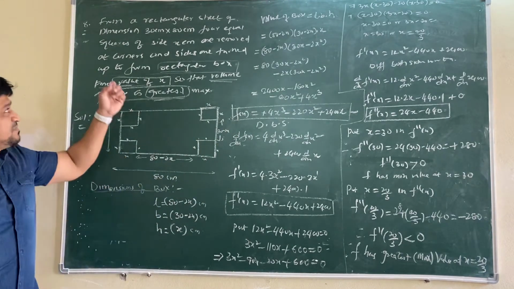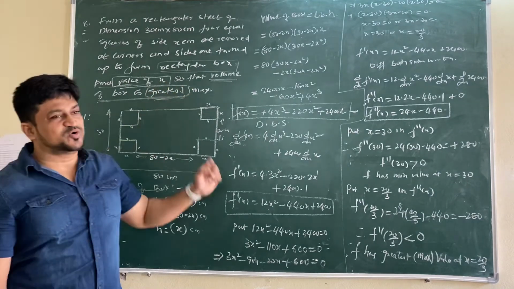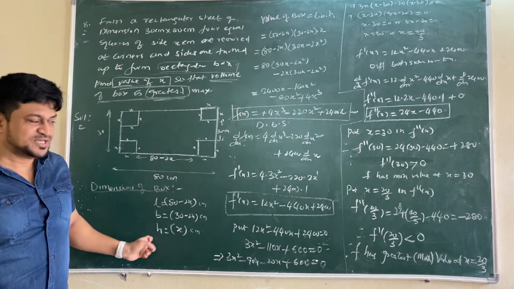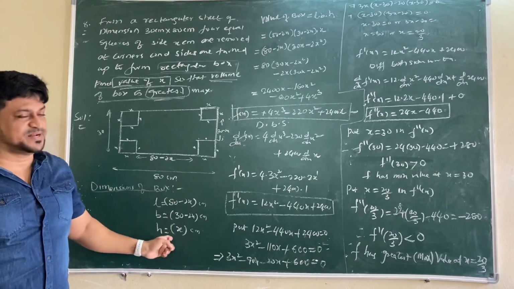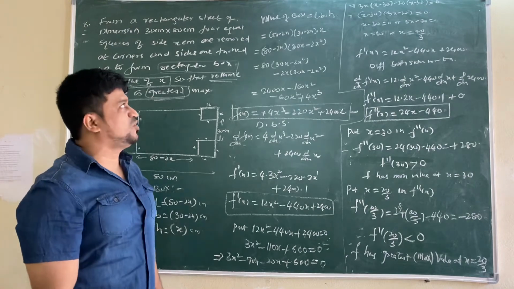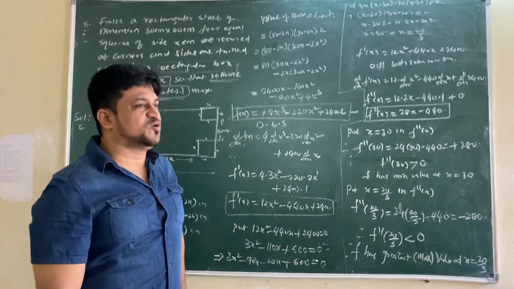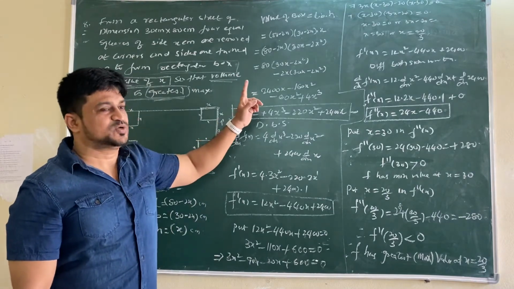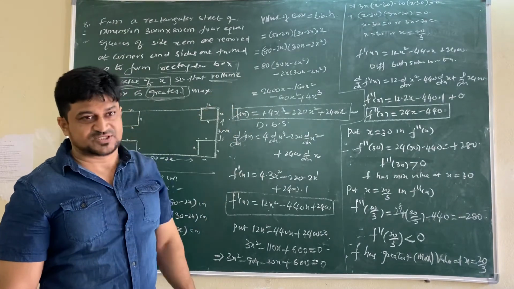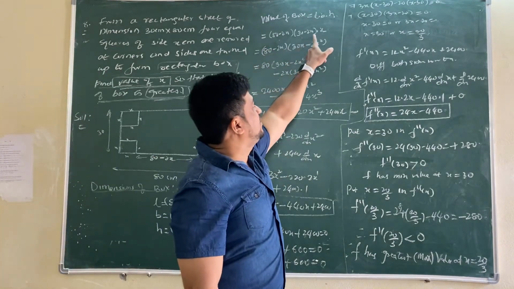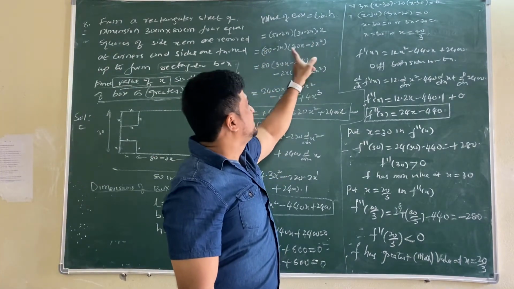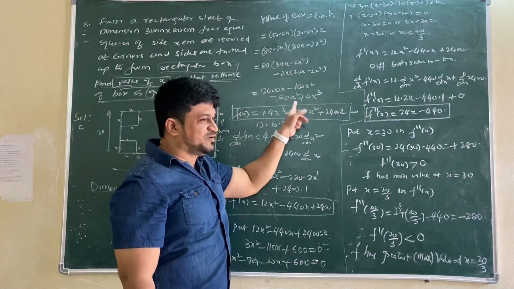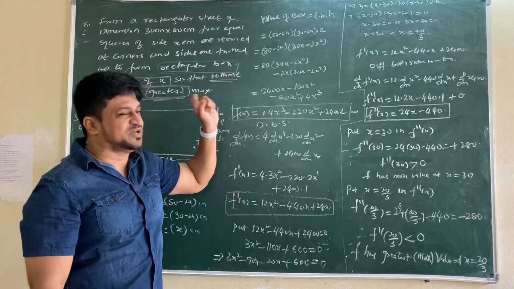First thing, from the question we have to get f of x. How to get f of x? Because it is a rectangular box, the dimensions should be L, B, H. After getting the dimensions, we will find the volume of the box, L into B into H. That means we have to take the volume of a cuboid. Then after multiplying all 3 values, you have to be good in simplification. If 3 terms are there, make it 2 by multiplying. Then 2 brackets are there. How to multiply? First one into both, second one into both. You will get one equation. Write the equation in order. That is f of x.